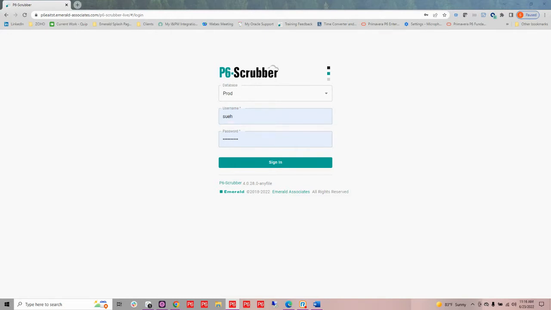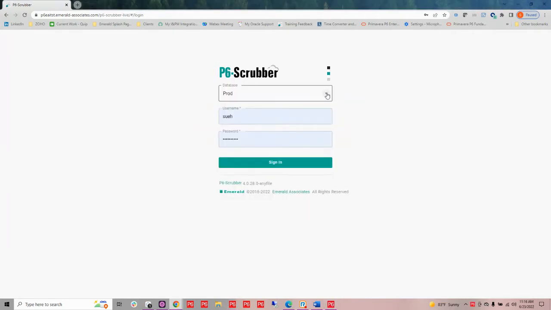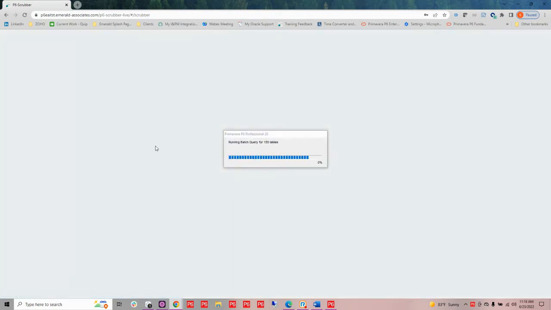So first of all, as we're looking at Scrubber right now, we have several deployment options. We have a live version, which I am going to show today, or we have a standalone. A standalone is not connected to any database whatsoever. You can still define your database and things like that. However, if it is connected to your database, you're going to be able to see what matches what already exists in your database. So I'm going to go ahead and sign in here,